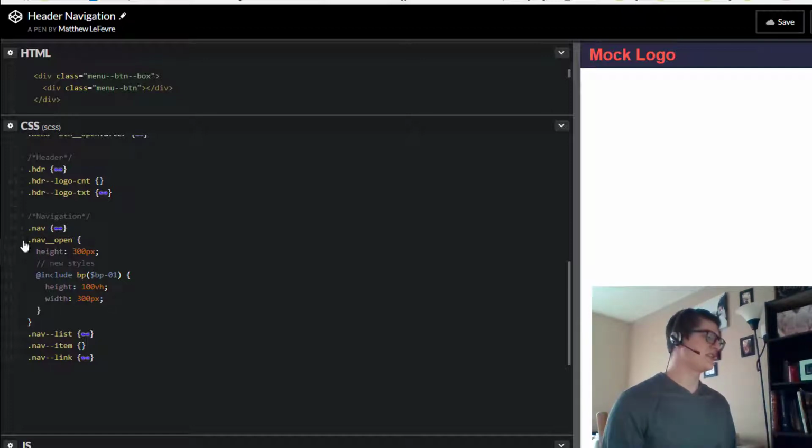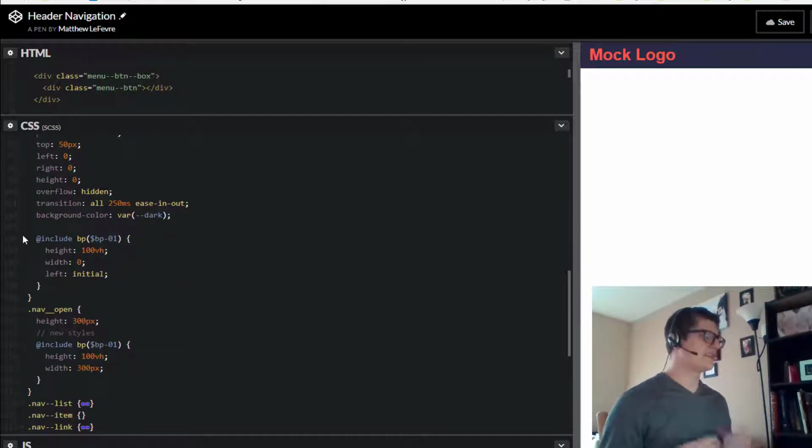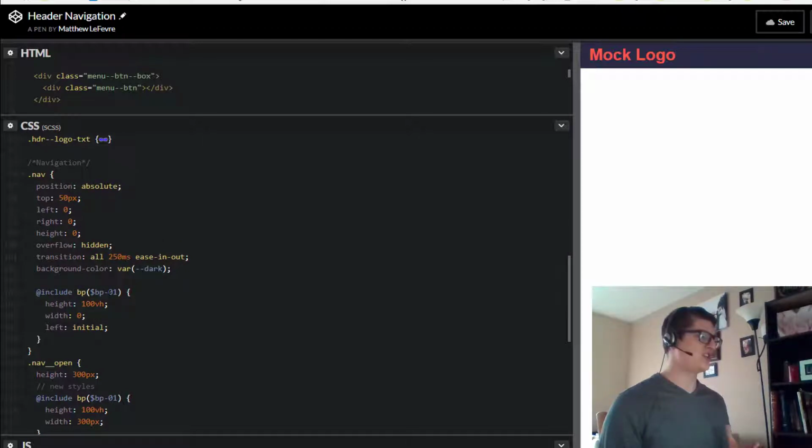But to do this, we also needed to change some things with how our navigation acted. So with the same breakpoint at that 800 pixel mark, we're going to change the width of the navigation, instead of being the default 100% block level element, to 0, and instead give it a height of 100 viewport height. So you can kind of see how the navOpen